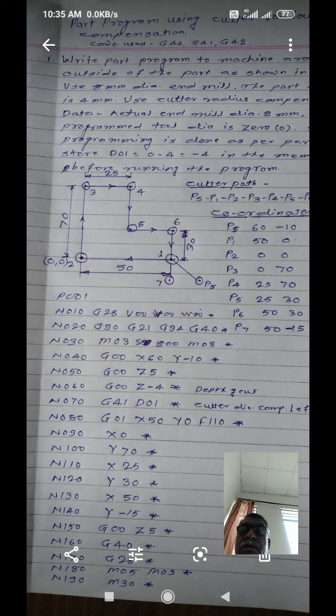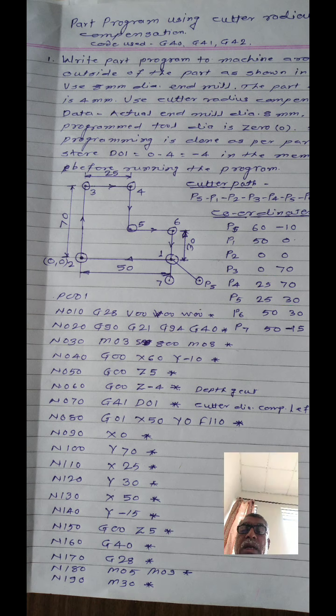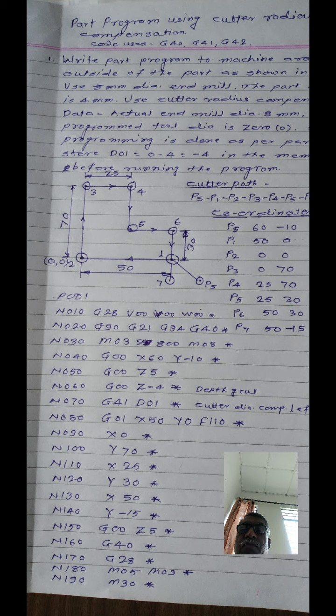In the next block, that is block number N60, you can give the depth of cut with rapid traverse also, that is G00 Z minus 4, as the part depth is 4 mm. You have to plunge the tool inside the workpiece through 4 mm to perform the profile cutting operation.